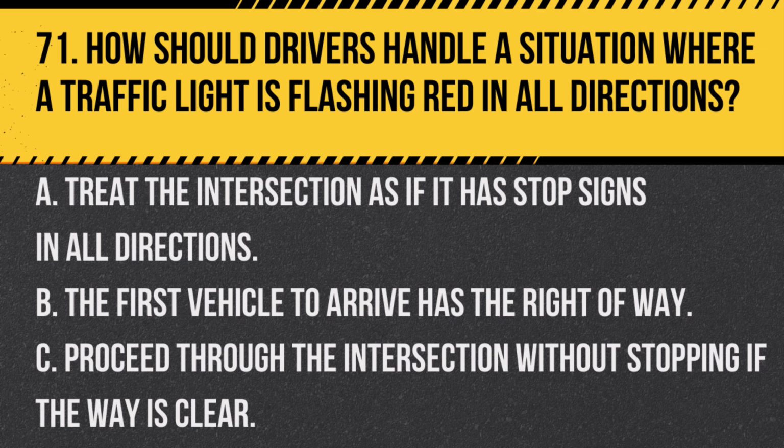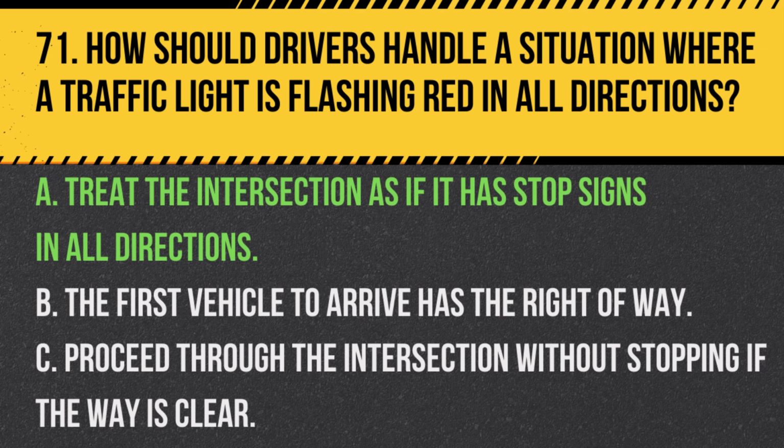A. Treat the intersection as if it has stop signs in all directions. B. The first vehicle to arrive has the right of way. C. Proceed through the intersection without stopping if the way is clear. Answer A. Treat the intersection as if it has stop signs in all directions. A flashing red light at an intersection acts as a stop sign, requiring all approaching drivers to stop and proceed